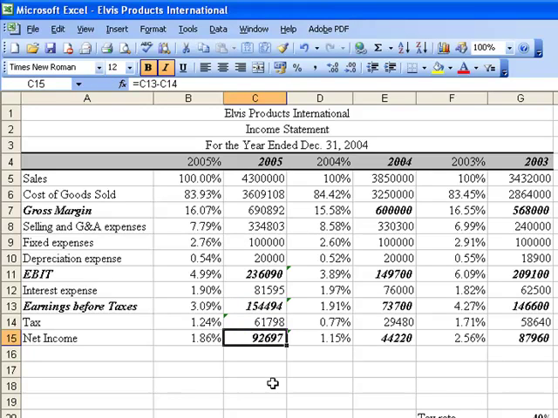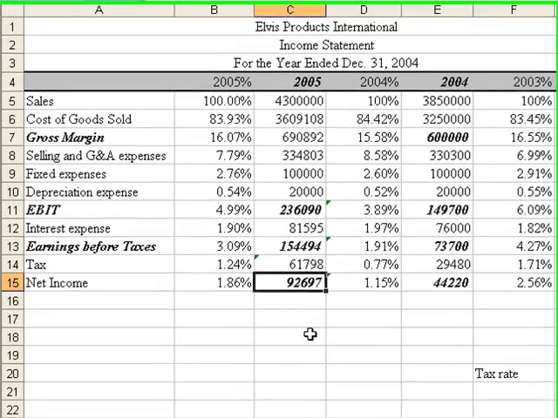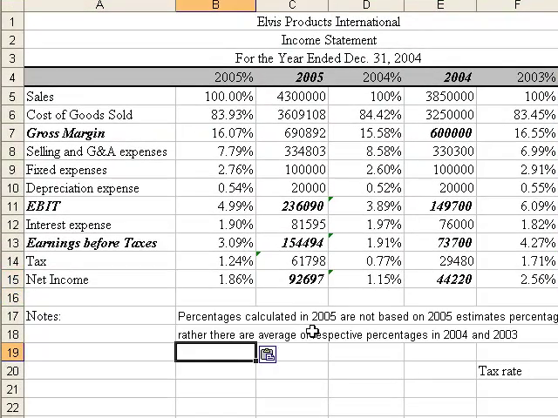This means that if there will be sales of 4,300,000, and if the percentages of the ratio between sales and other figures such as cost of goods sold, selling and G&A expense and the others will stay the same, this means for 2005 we will have approximately 92,697 dollars net income. And below we just add a note that percentages calculated on 2004 are not based on the